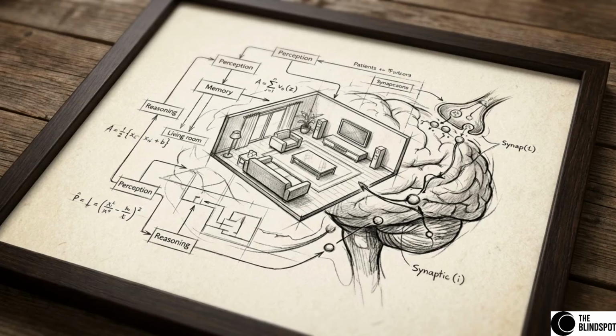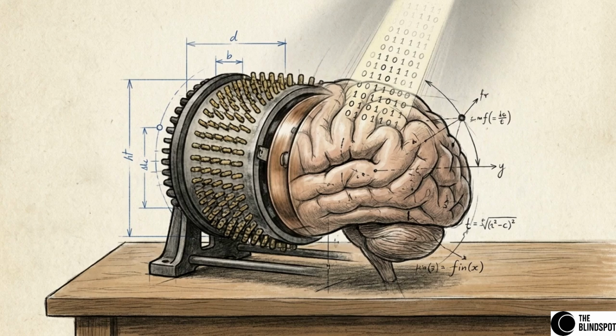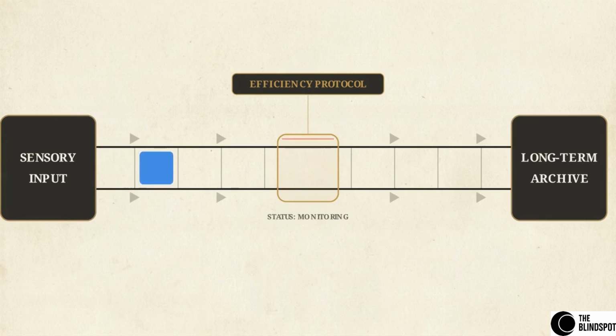We naturally assume human memory is a perfect, objective record, a biological hard drive that continuously captures our reality without dropping a single detail. This diagram shows how sensory data actually moves through the brain. Instead of a continuous recording, the system is highly suggestible and constantly discarding entire blocks of data before they ever